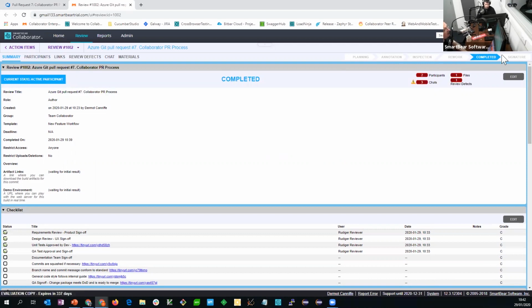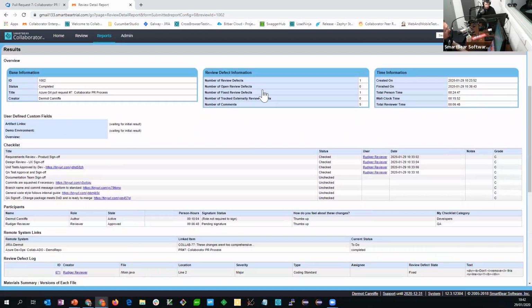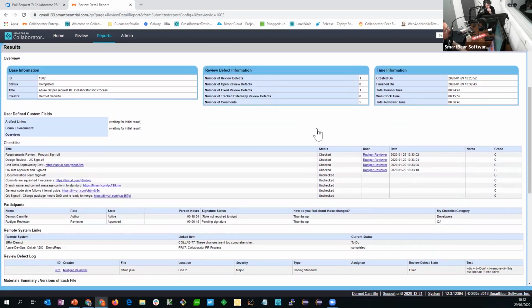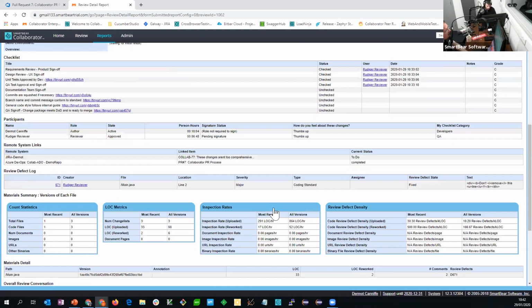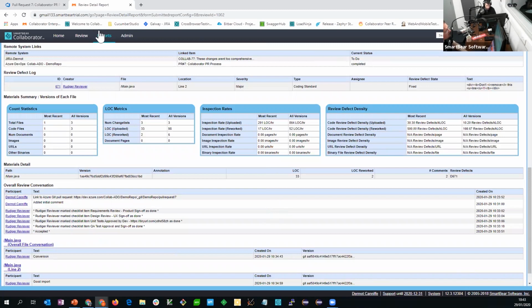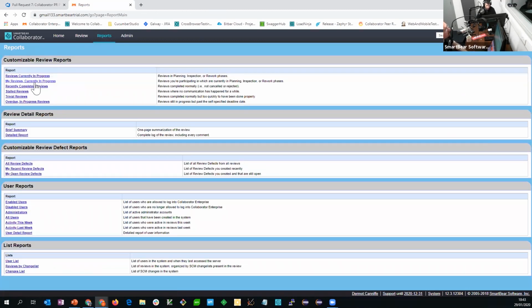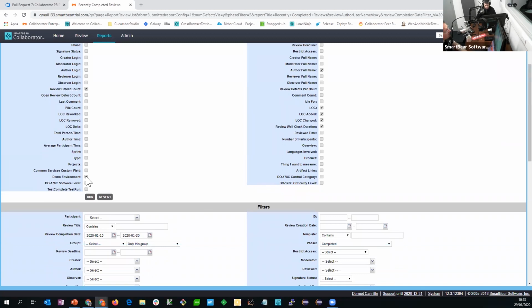So once we've completed a review, we have access to the review report. And the review report gives us standard metrics like review defects, elapsed time, defect density and inspection rate, but also it'll record any of the custom fields that we have added into our review process, as well as individual review reports. We can generate reports across all of the reviews in the system. So for example, if I wanted to just generate a report based on the lines of code metrics and maybe some custom fields that I've added,